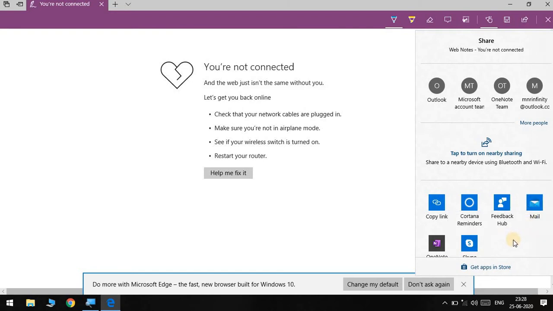But if there is no icon with that name, whatever you are getting pop-ups from, just right click on Mail and remove the tick for that particular option. If you want, you can also remove Cortana assistant and all other icons, but Mail you have to remove the tick. Okay, the first setting is completed.